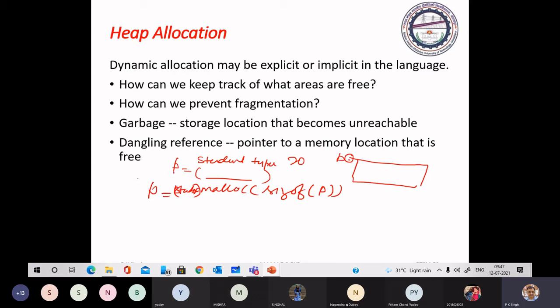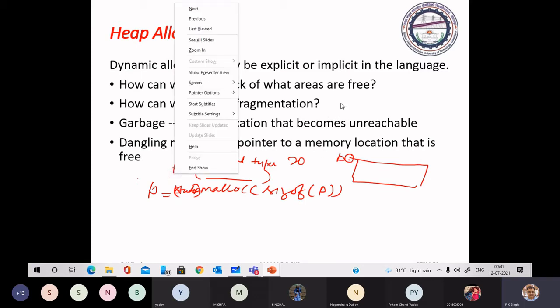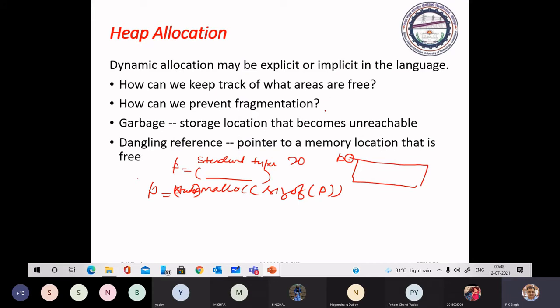And where P is stored: if P is defined locally to the function, that means if you have defined student P in the body of the function, then we have an area in the local data area where you can write this reference.